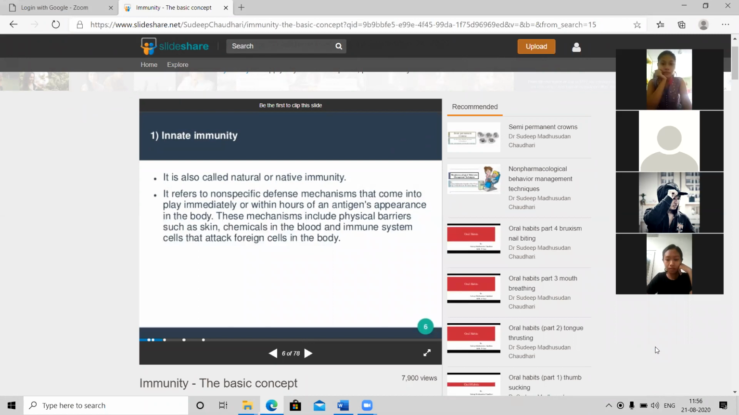It will try to fight with the help of the physical barrier, which I had told you about before. So it will try to fight against the antigen with the help of this physical barrier, and when it is not able to fight with the physical barrier,